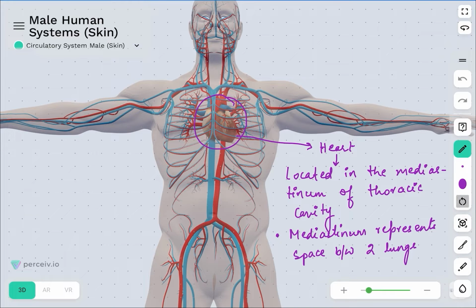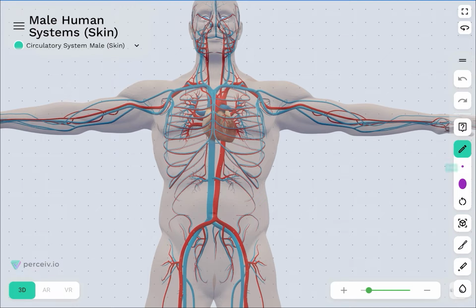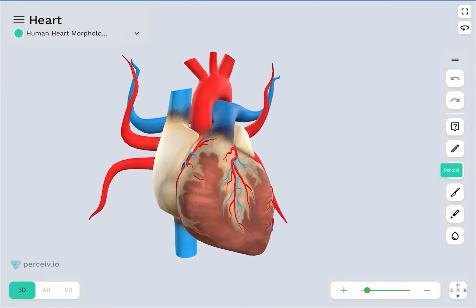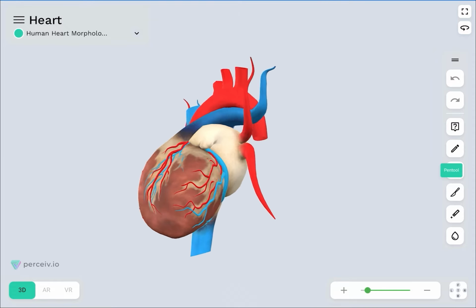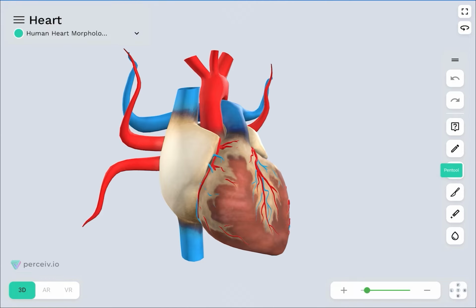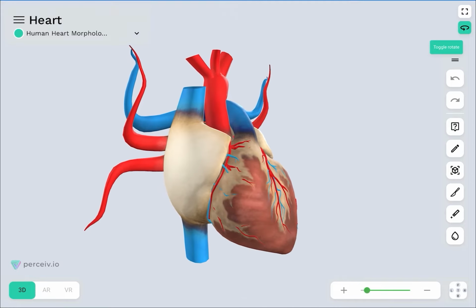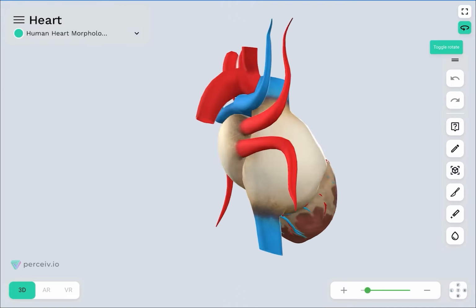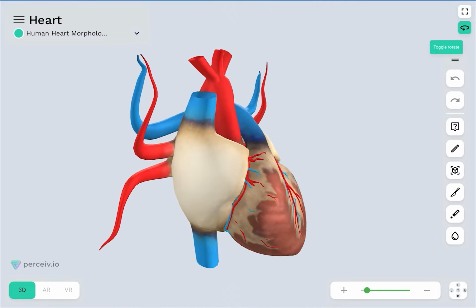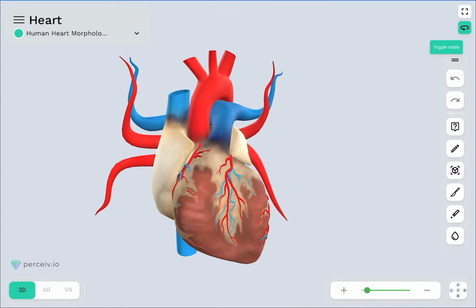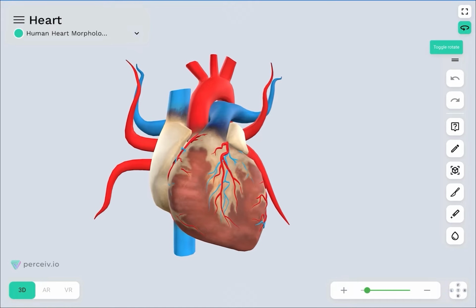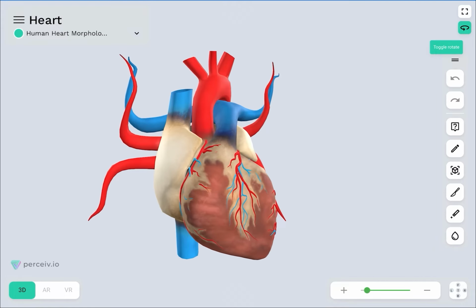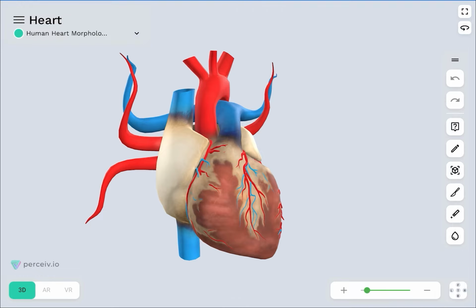We will now talk about the morphology of the heart. As you can see, this is the 3D model of the heart morphology. If I rotate this model, you can see how the backward side and the frontal portion of the heart look, consisting of different chambers. We will be discussing all this in this video. But before starting with the main content of the morphology of the heart, let's talk about some of the basic things of the heart.